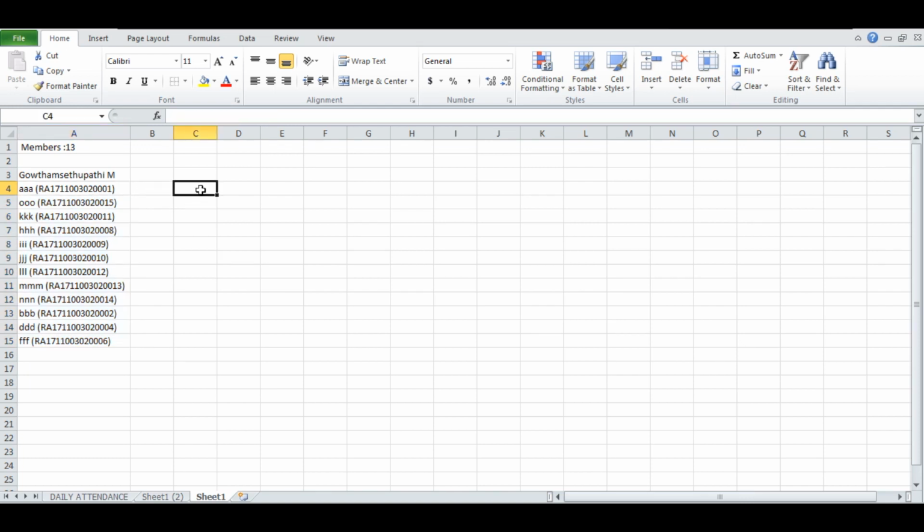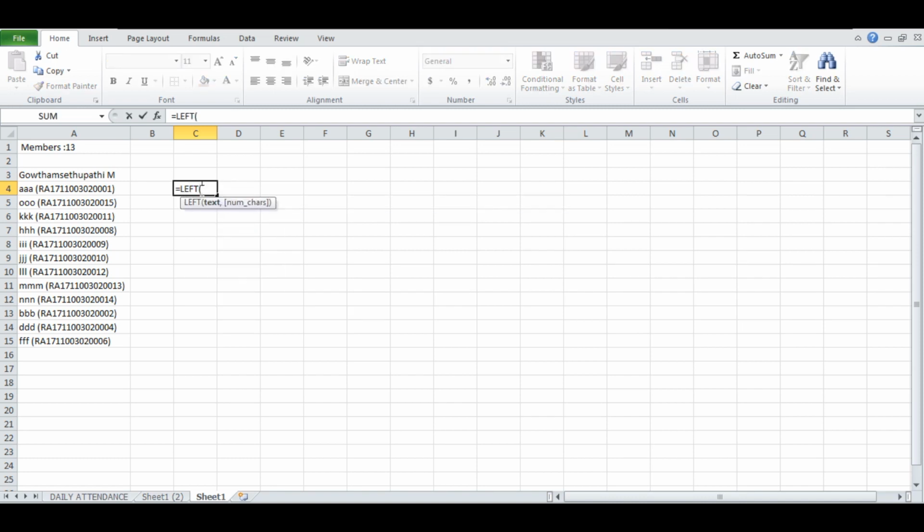In your institution, if you have any other format, you have to use any kind of formula to pick up the register number alone. You can ask your students to very well enter their register numbers as first name and followed by their name, or even they can add their register number at the last. So you can simply use the formula like left or right.